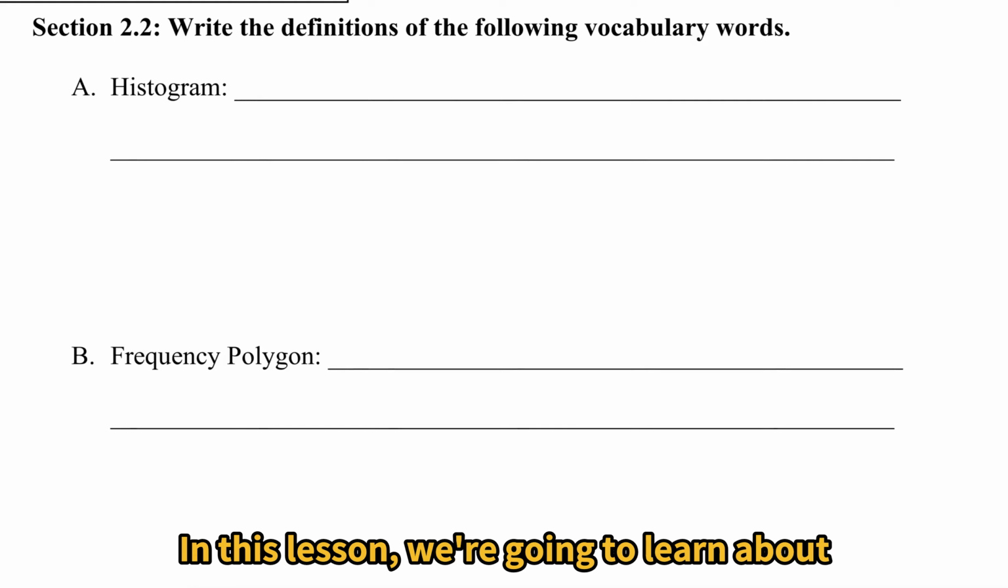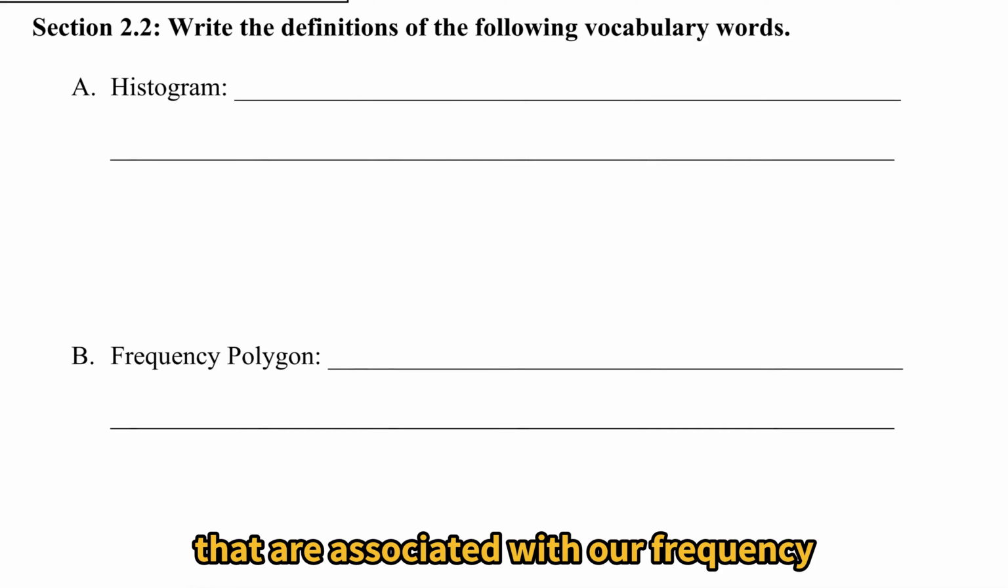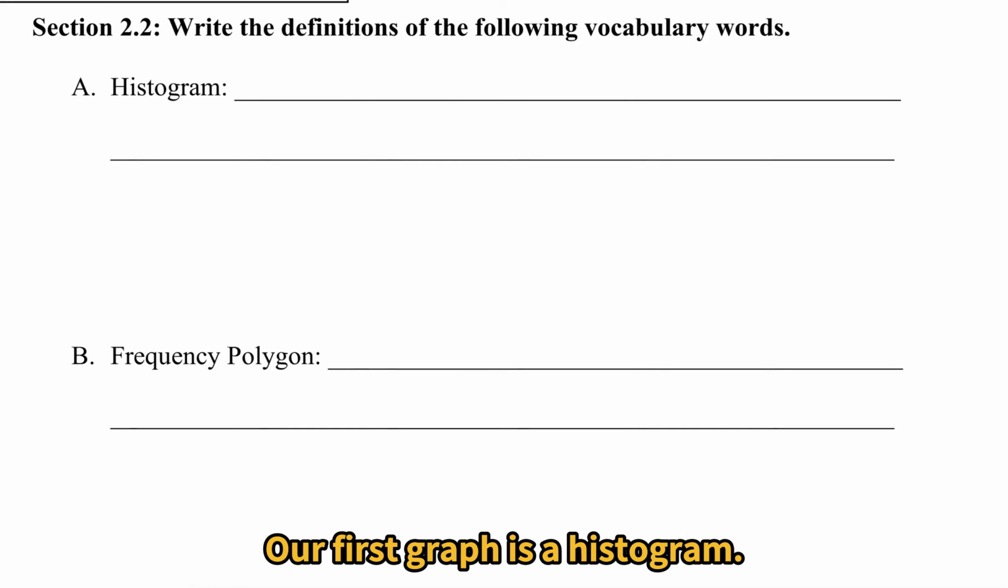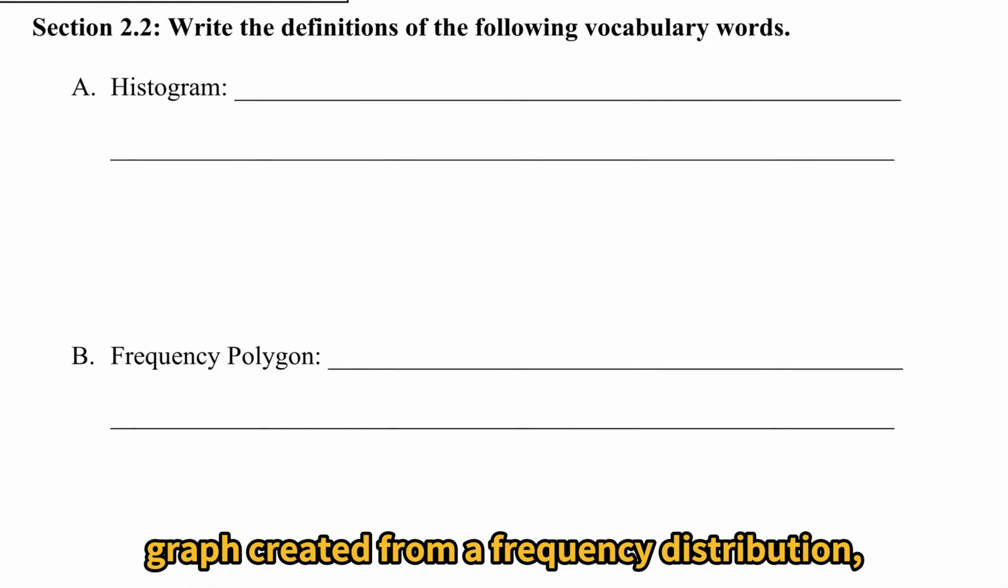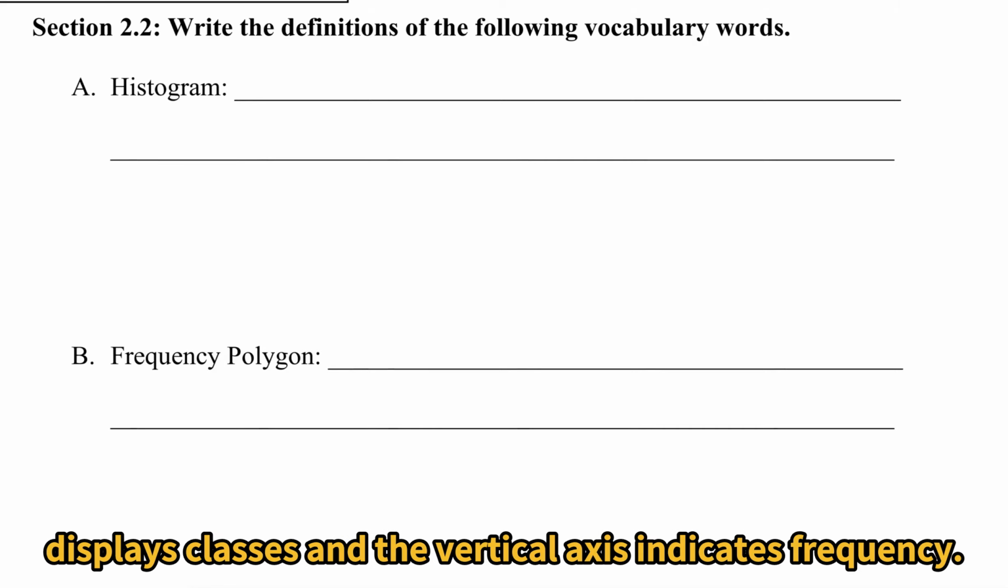In this lesson, we're going to learn about the different types of graphs that are associated with our frequency distributions from the previous lesson. Our first graph is a histogram. A histogram is a bar graph created from a frequency distribution in which the horizontal axis displays classes and the vertical axis